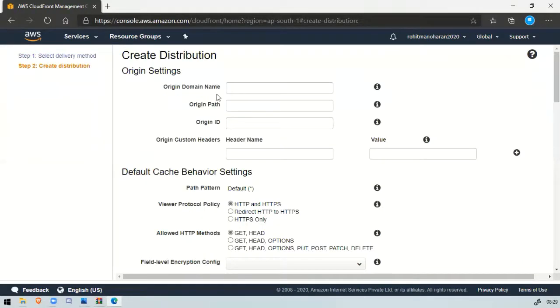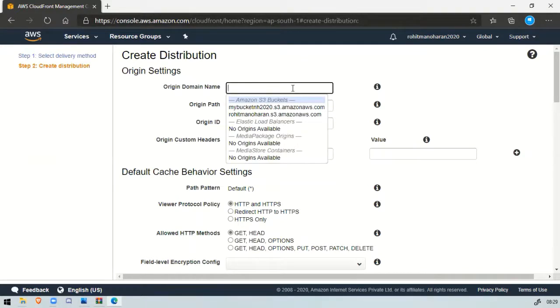Now you have the origin domain name. If you click on this, as you can see, all my buckets are there, including rohitmanoharan.s3.amazonaws.com. So you have to basically click on the origin bucket. I am going for rohitmanoharan.s3.amazonaws.com.